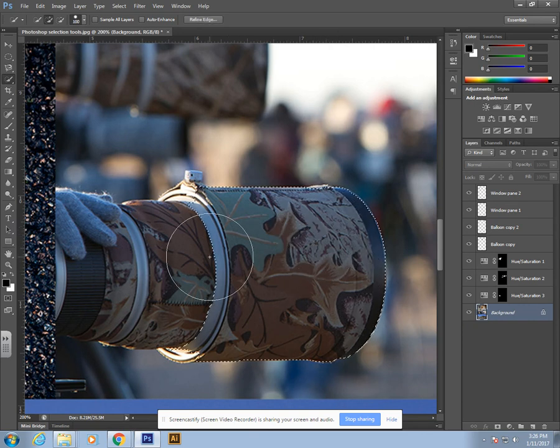I'm clicking and dragging around. As I click, I can add to my selection. Now let's say I accidentally select some of that background. Right now you see in the middle of my cursor is a plus sign. That means I'm adding to my selection. If I hold down the Alt key, I can click on areas that I do not want, and you'll see